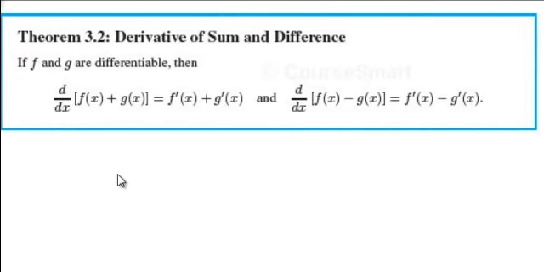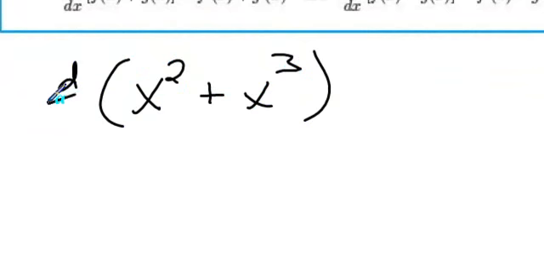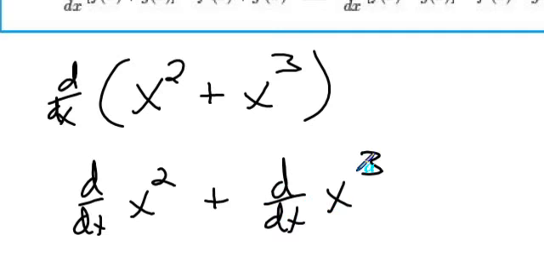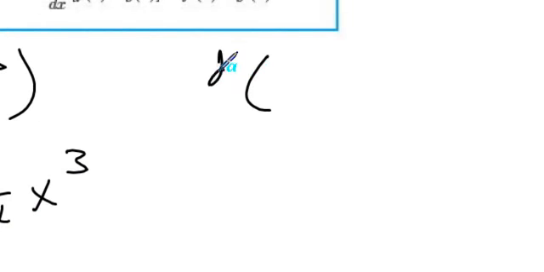It can look something like x squared plus x cubed, and if I wanted to find the derivative of the two functions, I can evaluate them individually. All that simply means is that if they're separated by the plus sign, I can evaluate them individually and find my rule. Likewise, if I need to find the derivative of two or more